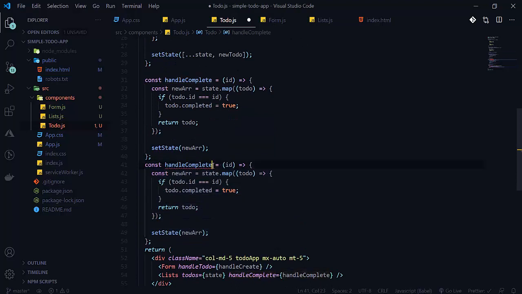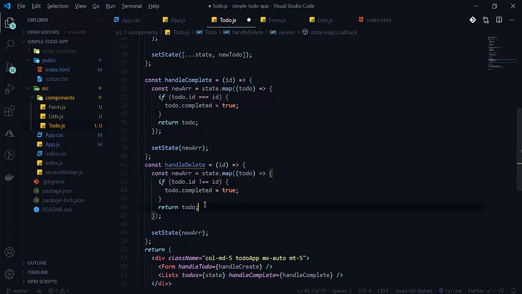It will be the same as that: const newArray, and there will be id here. So if its id does not match, then we will return our todo here.